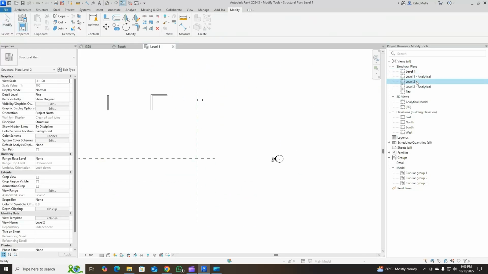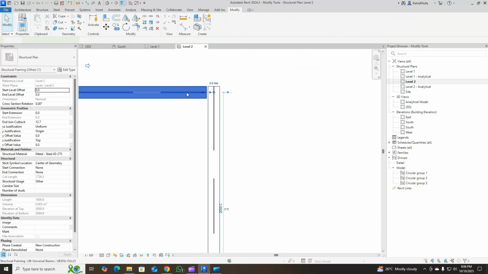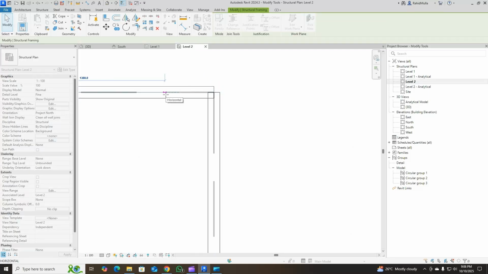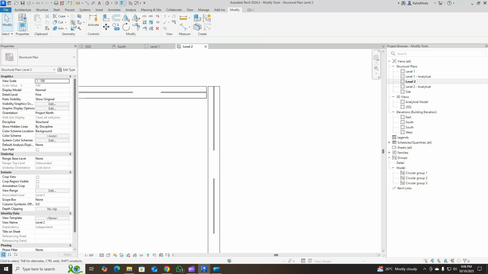So for that, we will go to level 2, and in level 2 we will take this scenario. First, we will make sure that the center of this beam meets the other beam's center, and then the center of this other beam meets the center of this primary beam here. Once we do that, we will select this beam column join tool.